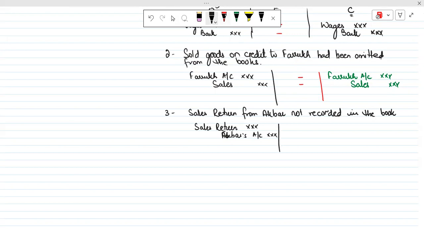But by error, we did not make any entry, neither on debit side nor on credit side. So we are going to make the entry because we had forgotten it. So sales return will be debited, and Akbar's